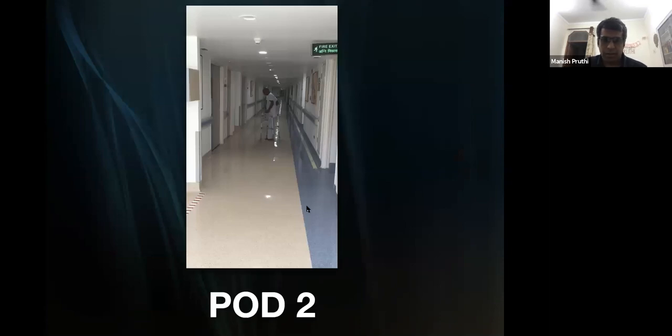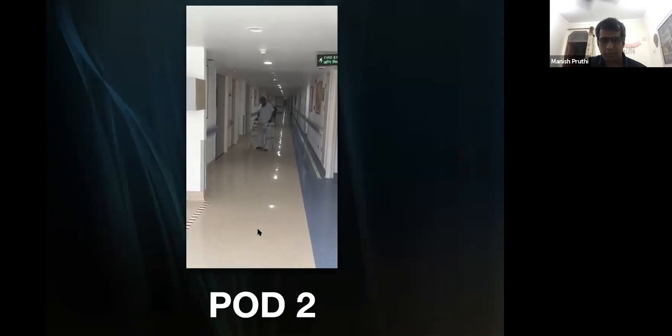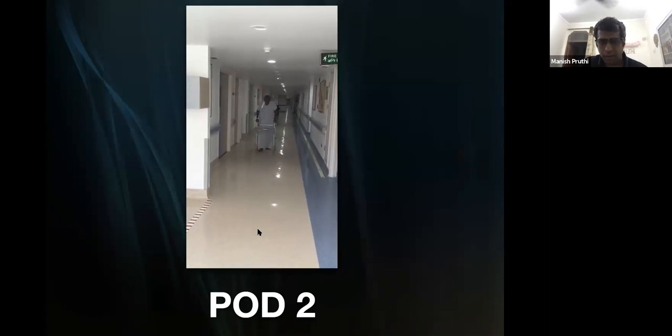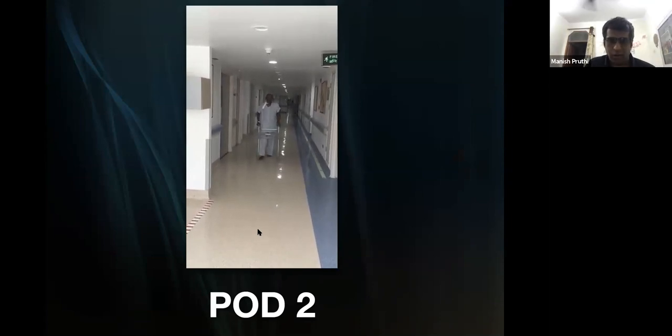And this is how the patients can start walking immediately even after a total femur megaprosthesis. So the advantage of putting a megaprosthesis even in the total femur is the patient starts walking immediately. As you can see in this patient, he is still walking with the drain in situ.